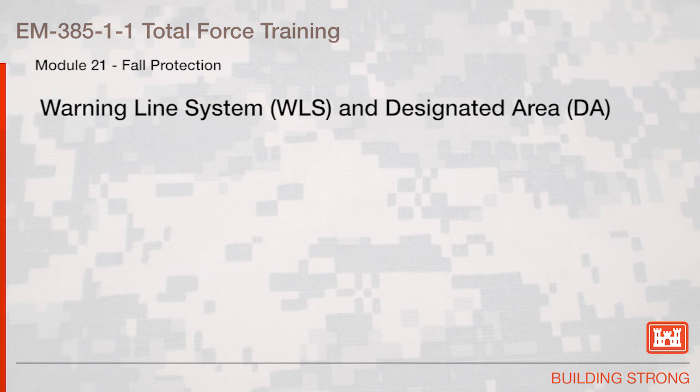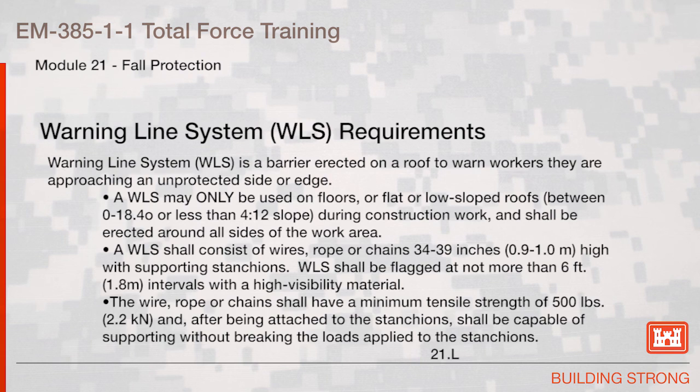Warning line system and designated area. Warning line system is a barrier erected on a roof to warn workers they are approaching an unprotected side or edge. A warning line system may only be used on floors or flat or low slope roofs between 0 and 18.4 degrees or less than a 4 to 12 slope during construction work and shall be erected around all sides